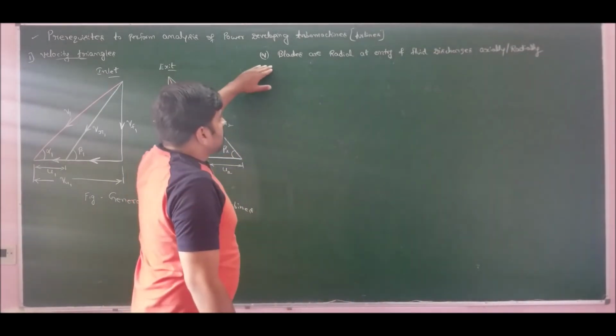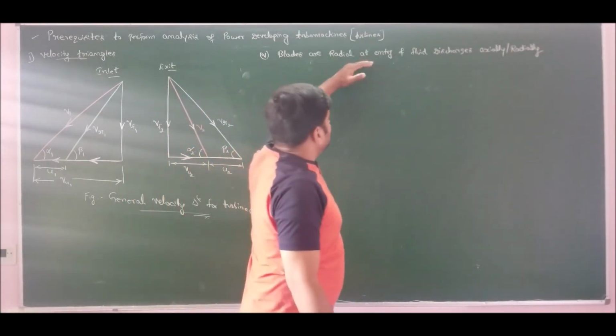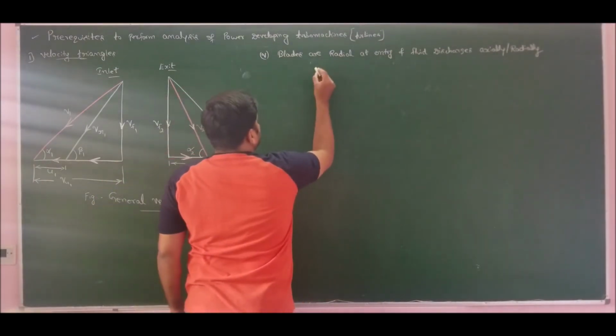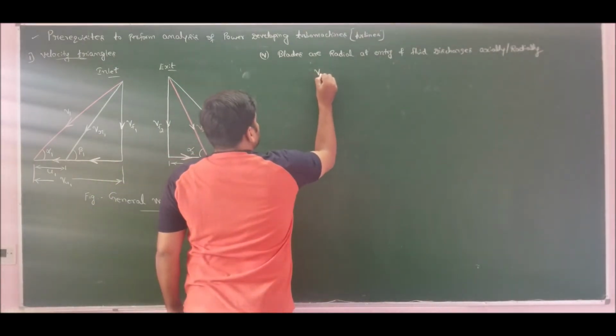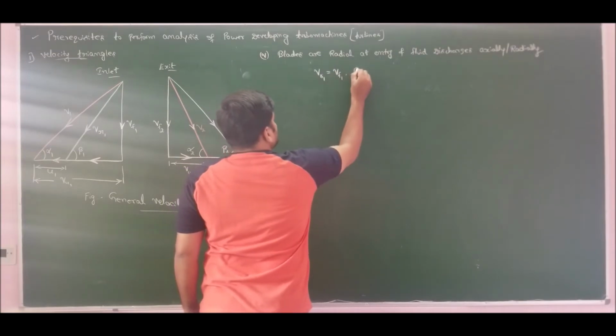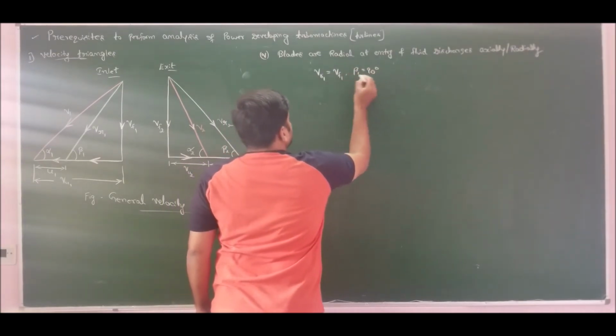So if you clearly observe case 5, he has given conditions for both inlet as well as exit. At inlet he says that blades are radial, so therefore VR1 must be equal to VF1, which means that beta 1 should be equal to 90 degrees,